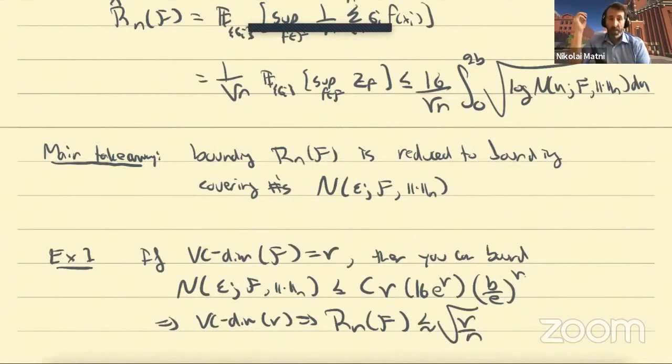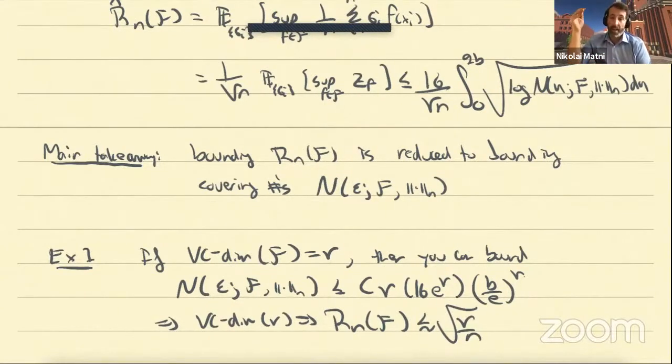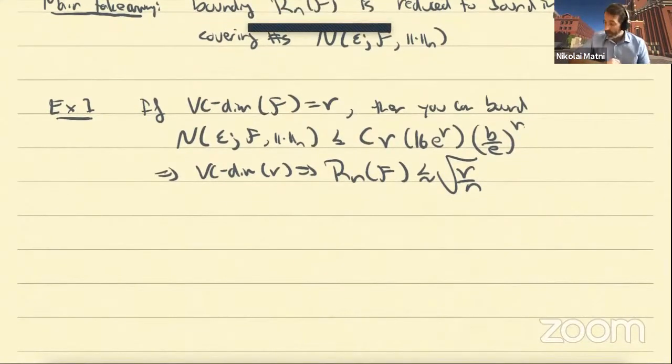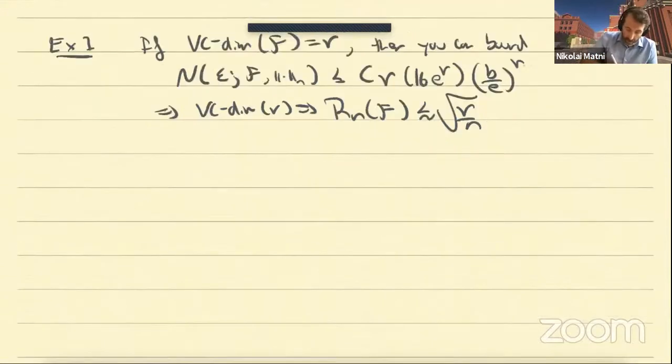Right. So for those of you who know what a VC dimension is, this tells you that a finite VC dimension implies a finite Rademacher complexity. Rademacher complexity is actually more general. You can have function classes with infinite VC dim that still have a finite Rademacher complexity. Okay. So the last little bit of technical overhead that we need is we're going to need some properties of covering numbers to be able to tackle our problem. So here's some very useful and I think somewhat intuitive properties of covering numbers.